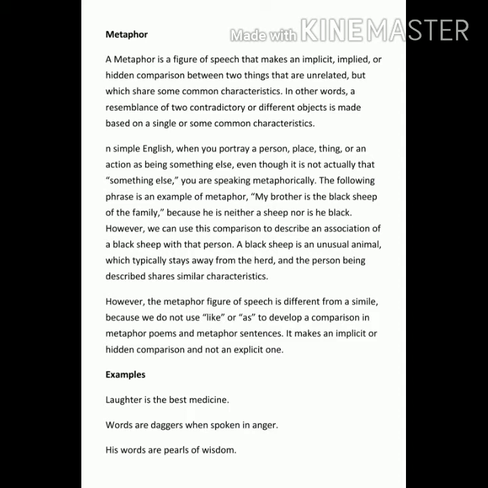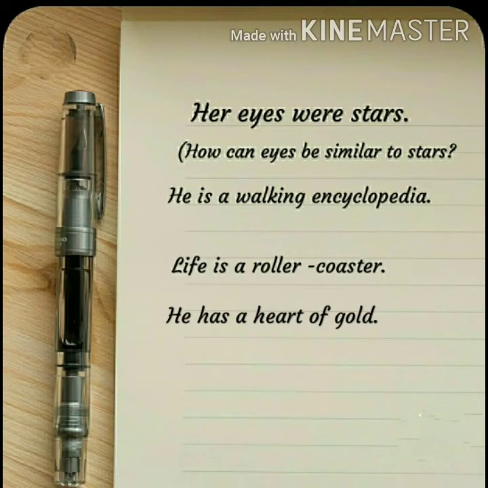If I comment on a girl saying that she is a walking encyclopedia, I don't mean that she is an encyclopedia and is walking. What exactly I mean to say is that she contains the amount of knowledge which is only expected from an encyclopedia. Or if we say a person has a heart of gold, that does not literally mean that the person's heart is made up of gold. It only means that the person has many precious virtues. So his virtues are compared to gold, that a person has a heart of gold.